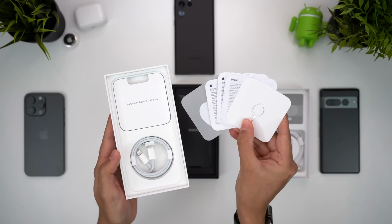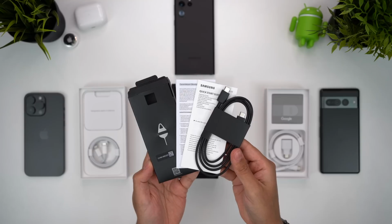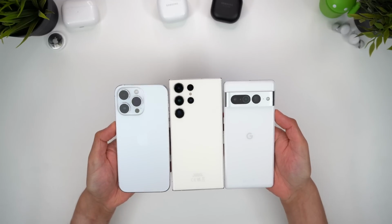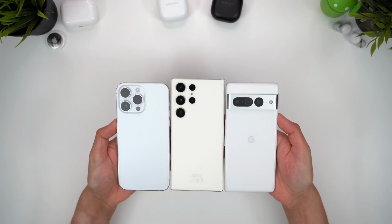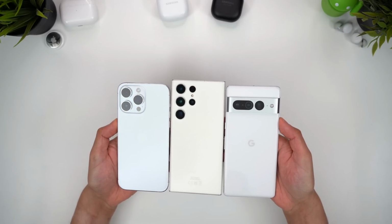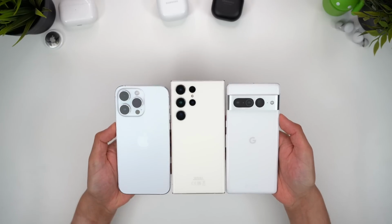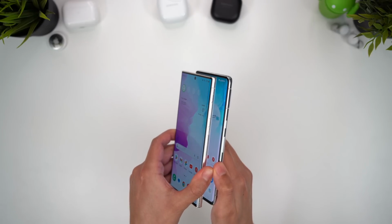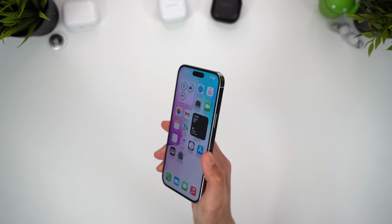I've made unboxing videos for all three of these already, so you guys already know what you're getting with each one. But even starting with a design comparison, we're going to cover a lot of the same ground as before, since the S23 Ultra is barely different from the S22 Ultra. I do appreciate the slightly flatter curve on the front glass. That's now closer to what the Pixel has, but I maintain that a flat display like the iPhone's is the